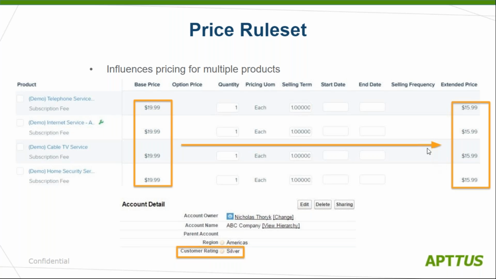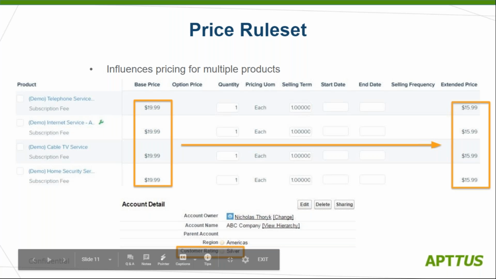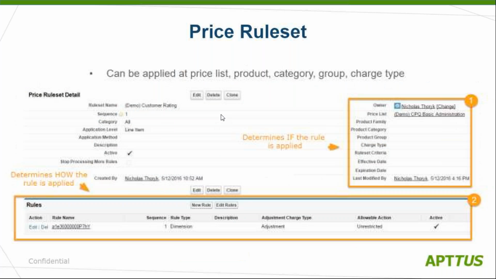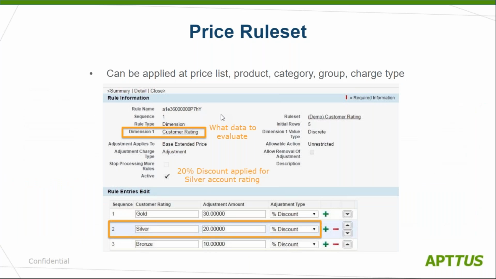So this is because we have set up a condition that if the customer rating is silver, then we have to do the discount on all the products. What is the discount percentage? We will see that as well. So it will be 20% discount. Okay, so here what we are doing is